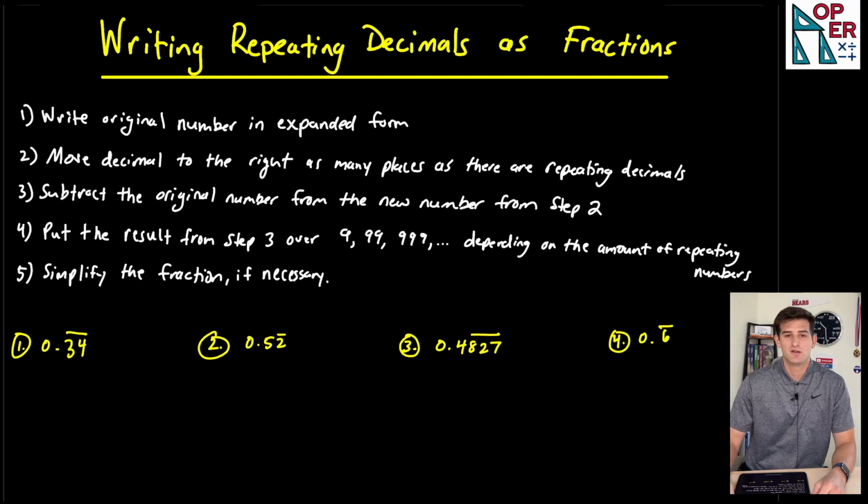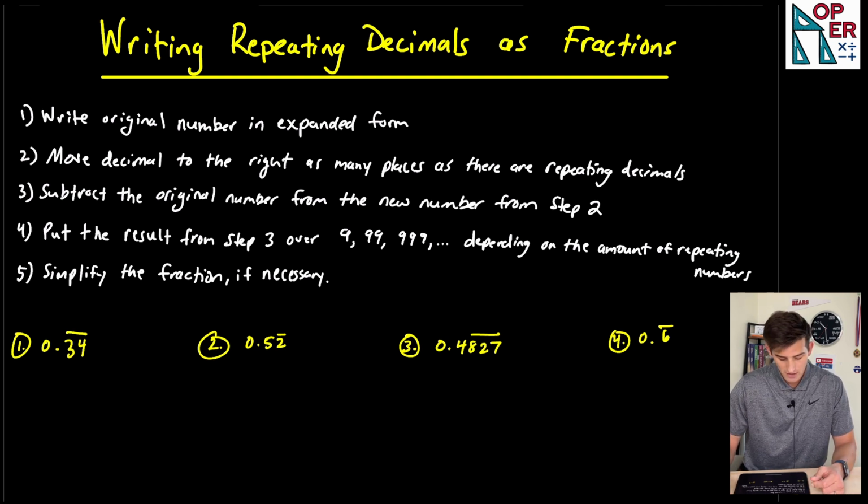Hello everyone, in this video we're going to talk about how we can write repeating decimals as fractions. So we've looked at different kinds of decimals, terminating and now repeating, and now let's jump in. With repeating decimals, it's basically a 4-step process with an if-necessary 5th step. Let's read through these 5 steps and then we'll look at 4 repeating decimals that we're going to write